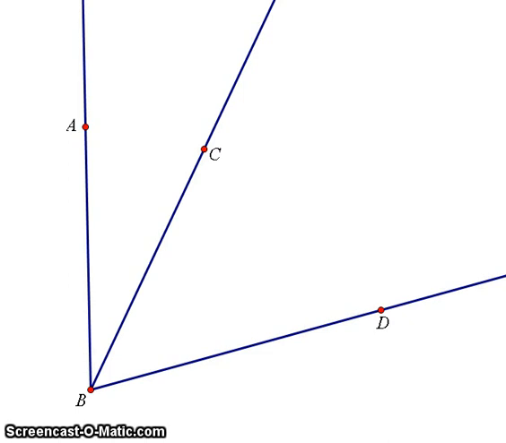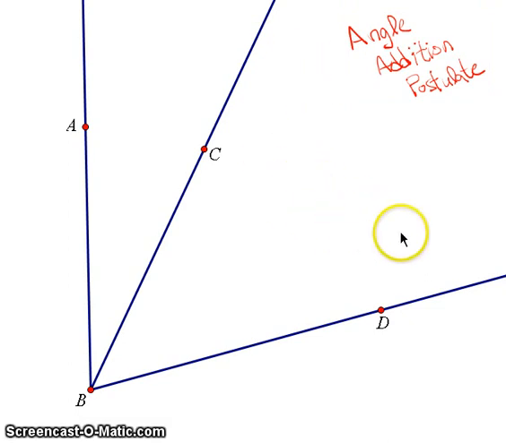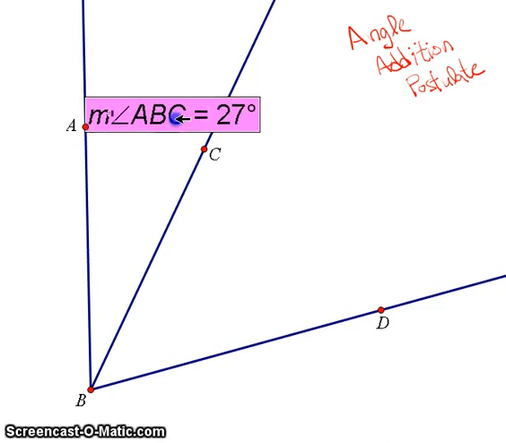This lesson is going to focus on the angle addition postulate. That should remind you of something we discussed earlier in the semester, the segment addition postulate. These two guys are very similar. Basically, what the angle addition postulate says is if you have two adjacent angles like ABC, which has a measure